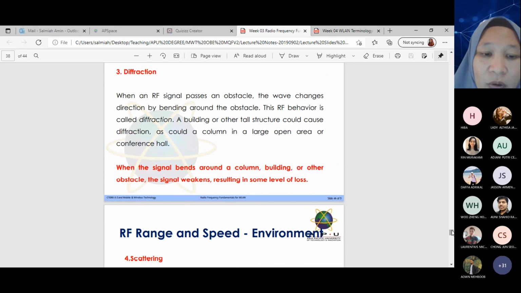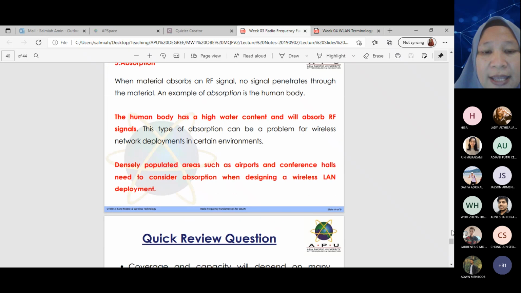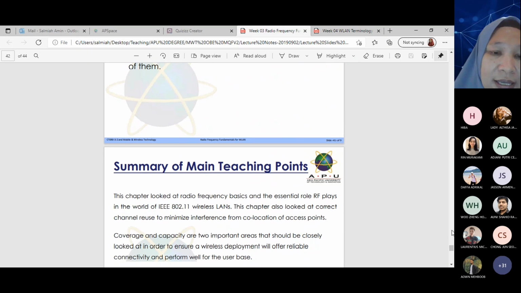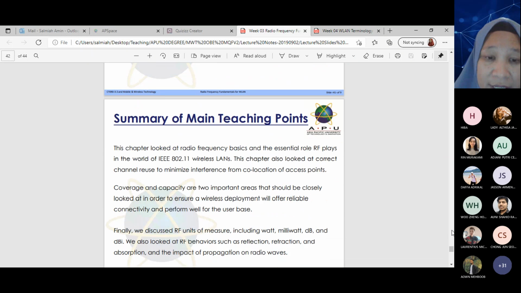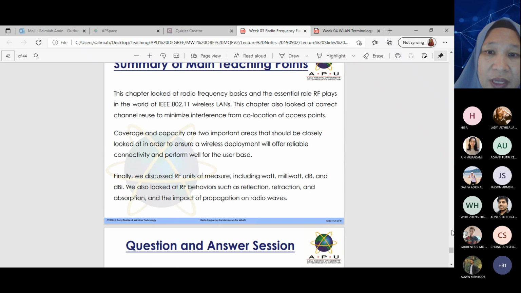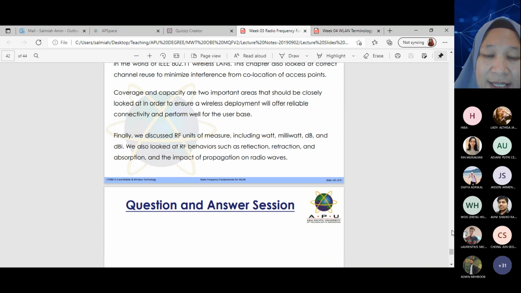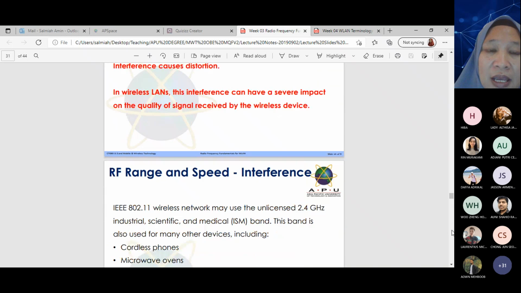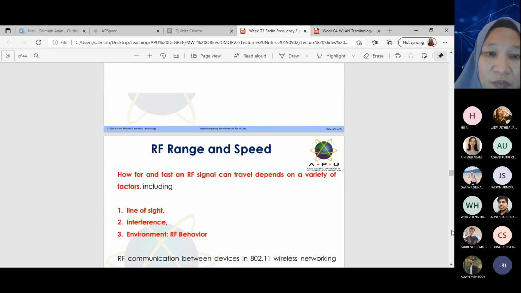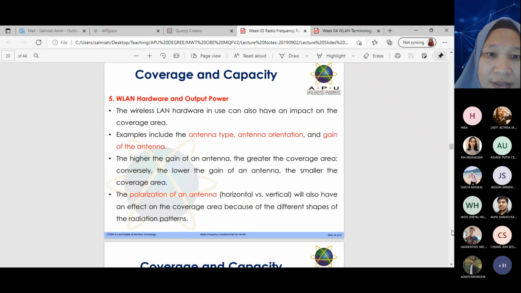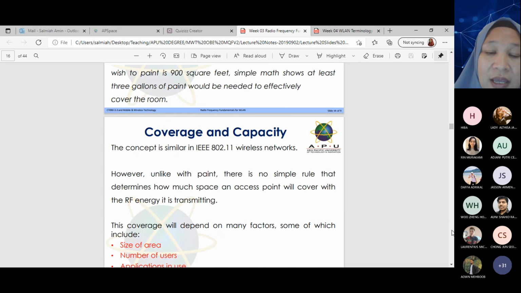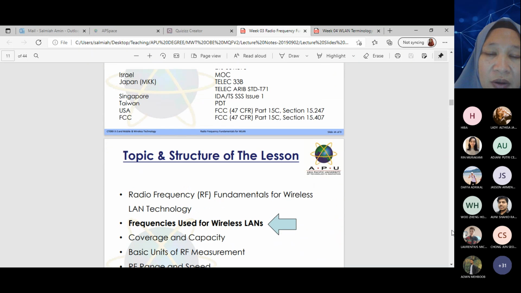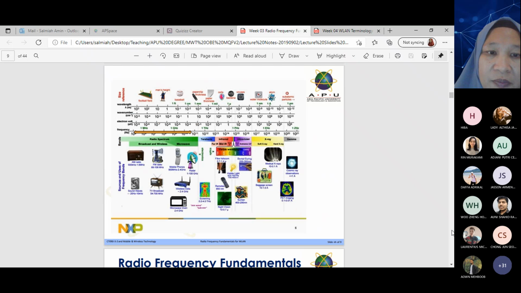All right? Before I share the quiz for the radio frequency chapter, the tutorial quizzes: most of the concepts in this chapter, you need to understand different terms related to radio frequency, and the most important thing is the spectrum, and also the factors that affect the performance of radio frequency. All right, this spectrum is very important.